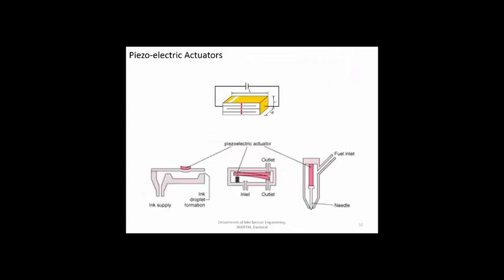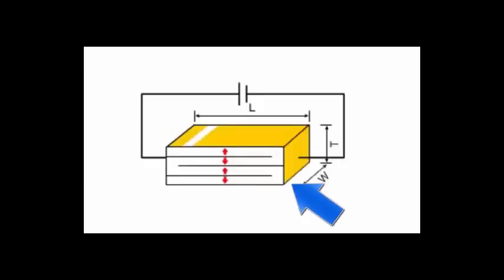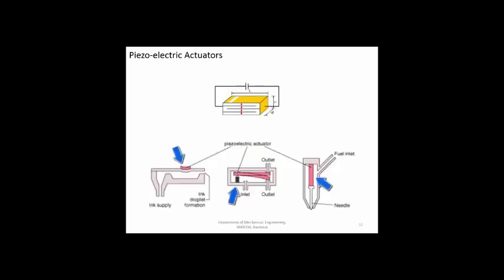Then you have the piezoelectric actuators. If you apply a voltage to it, it is going to change in dimension. This feature can apply a lot of force. So you can use this force to operate very, very small devices. You can operate it to control nozzles, to allow the flow of material through them in 3D printers or maybe in inkjet printers. You can use piezoelectric actuators for that. That is one of the applications.